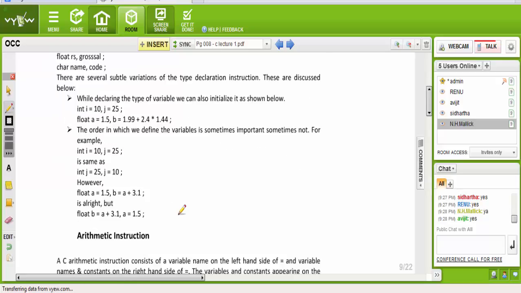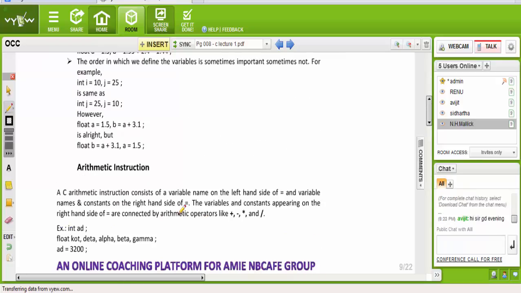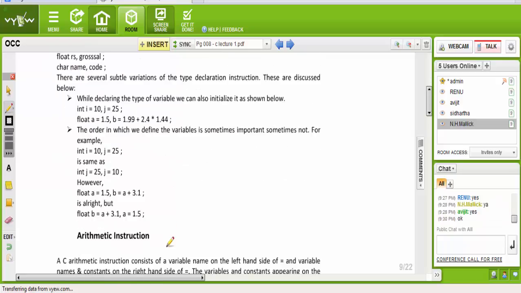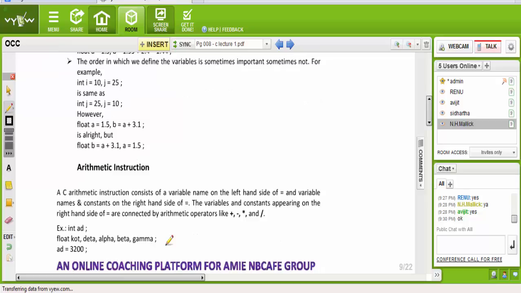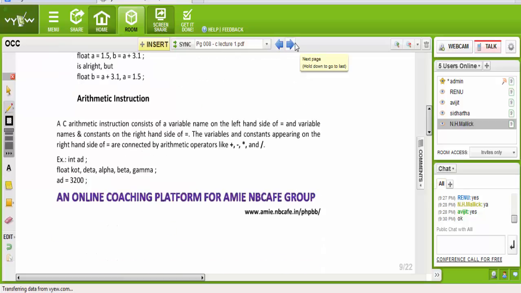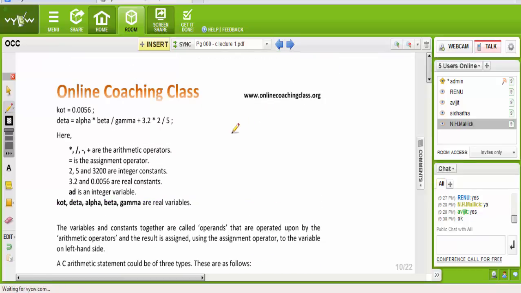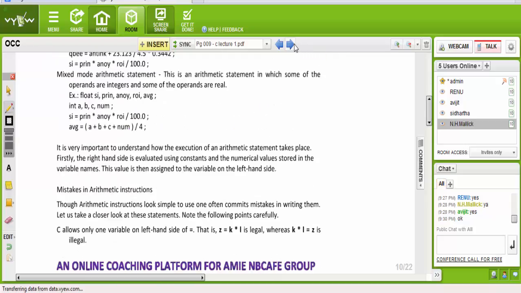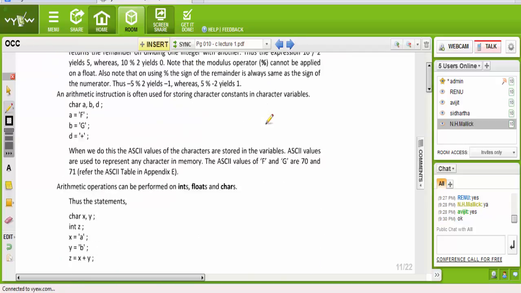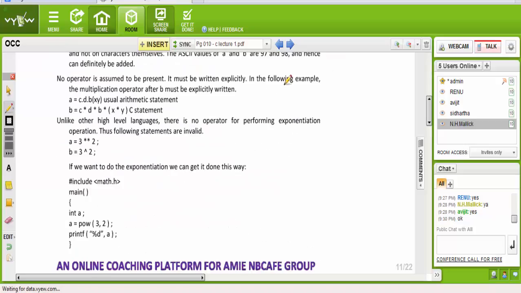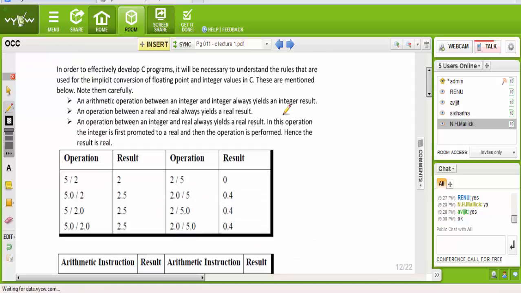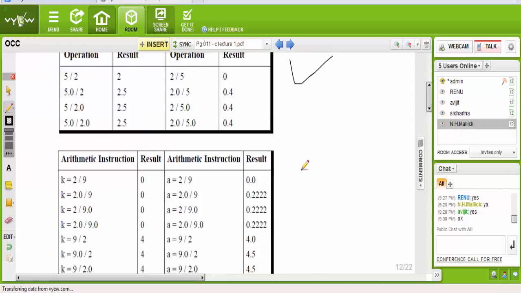Now we already know how we declare integer and float instructions. Now we come to the arithmetic operation. What are the symbols and what can we do in arithmetic? Okay. This is a vital one. We have to understand